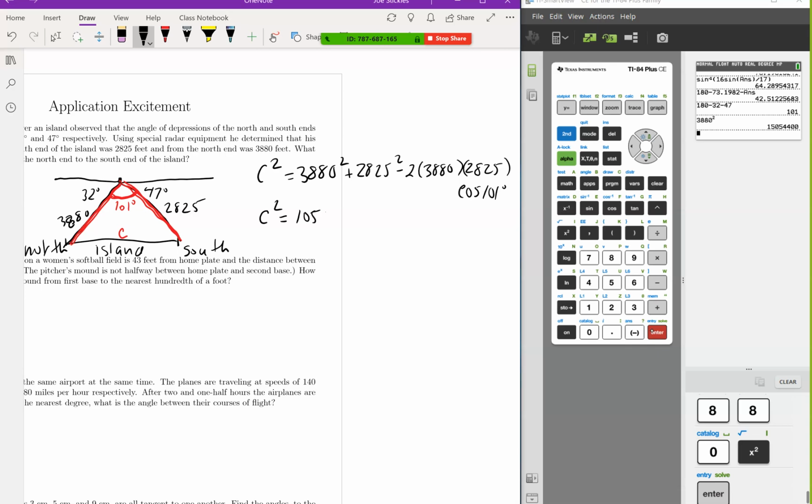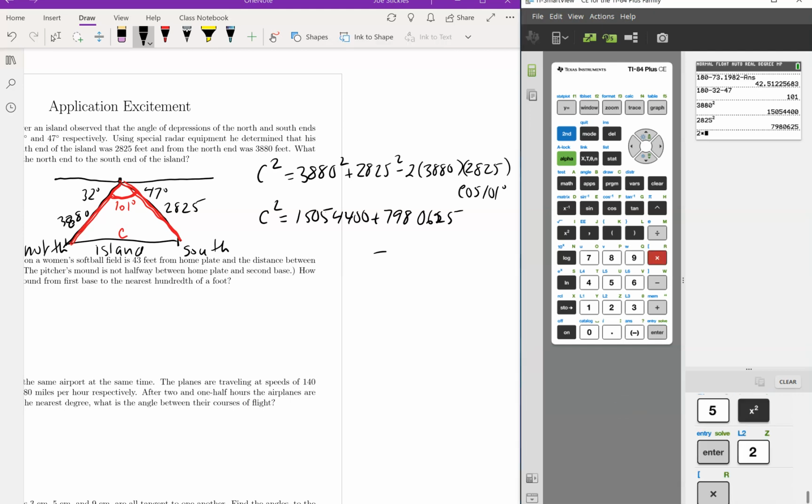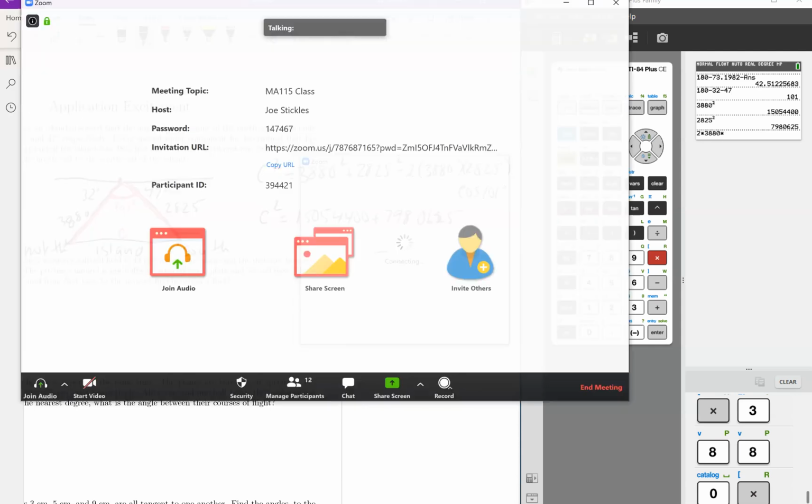1505, 4400. 2825 squared is 7980625. And then multiplying the last things together, 2 times 3880 times 2825 times